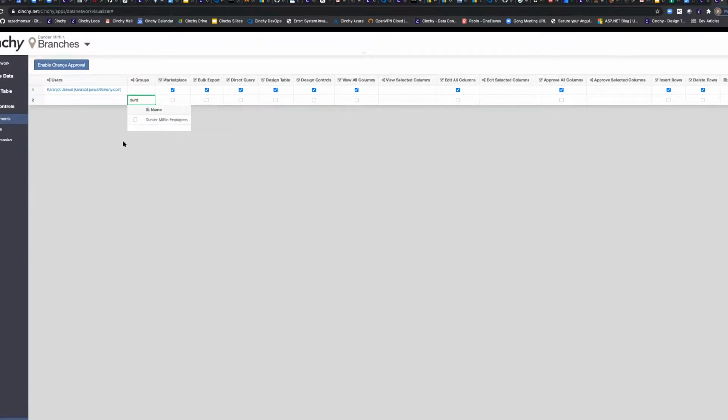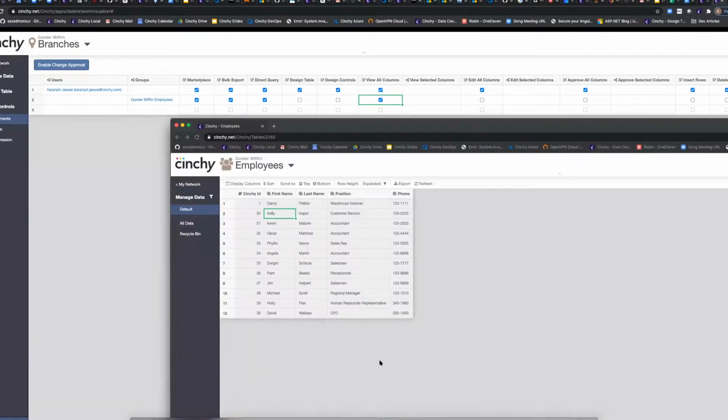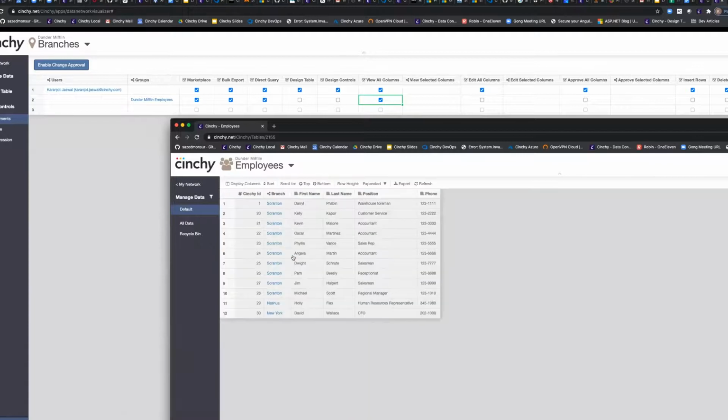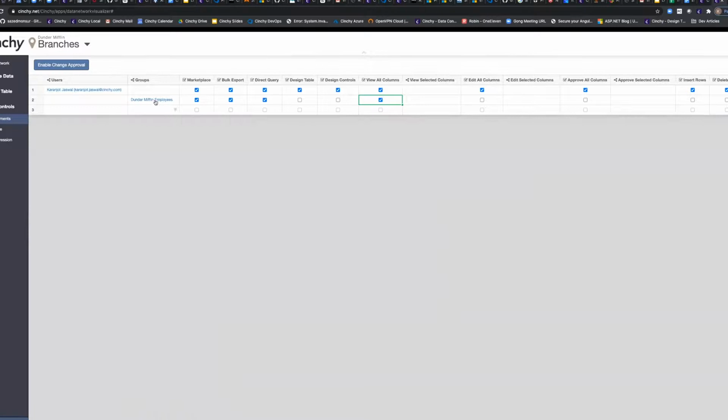So now, if we want to provision that same access, none of the data inside of the branches data set is sensitive. So I'm going to go ahead and grant view all access to all information inside of branches. Then if I come back as Michael Scott, let me refresh that. Now I'm seeing the branch details here. I'm seeing Scranton, I can click through, and it'll take me to the corresponding data set. If I were to search in the marketplace for branches, I'd find it now. So this is my entitlement for non-sensitive information.